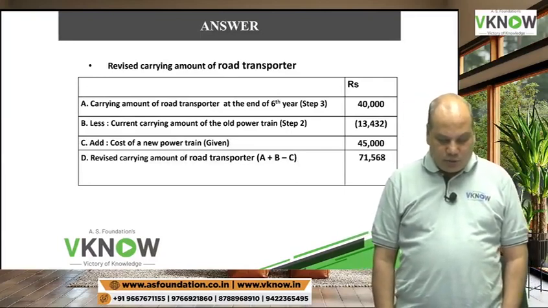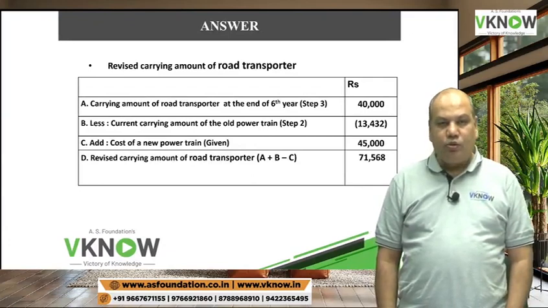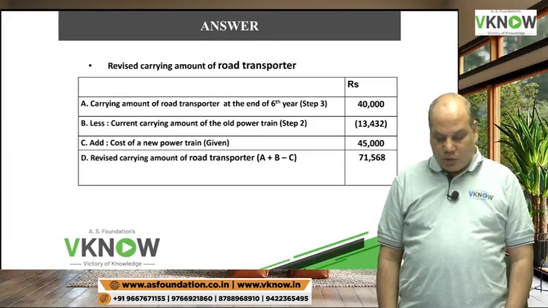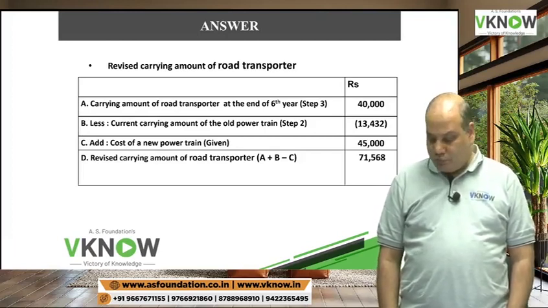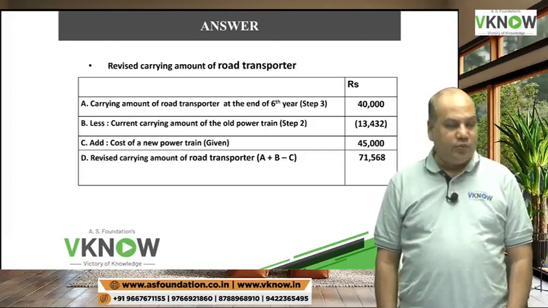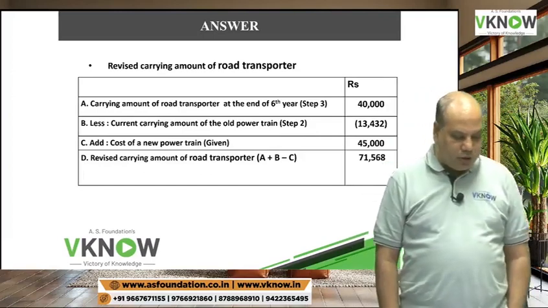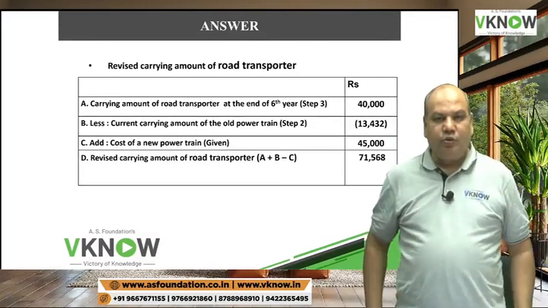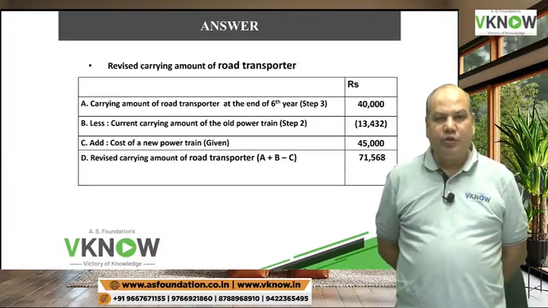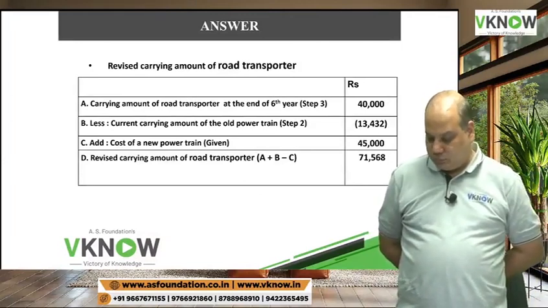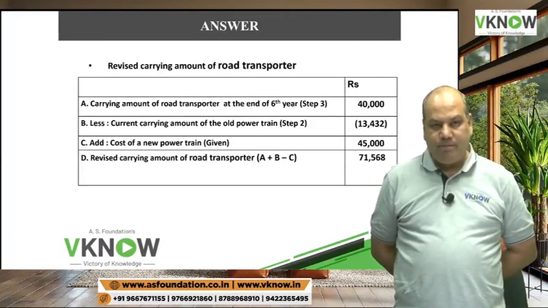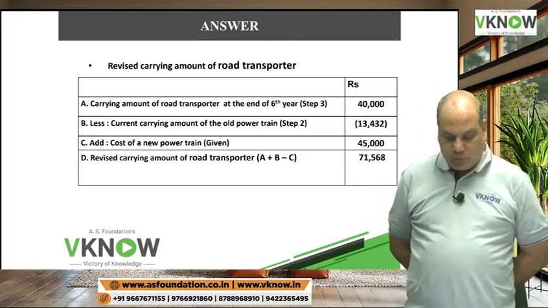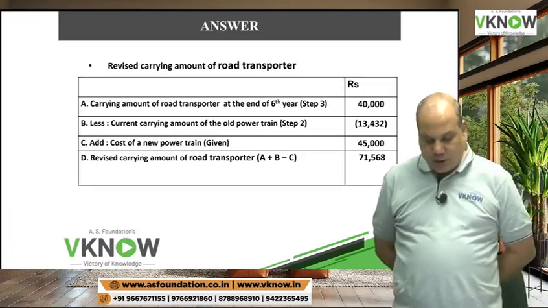Point A: carrying amount of the road transporter at the end of the 6th year, in bracket step 3, was 40,000. Do you remember 40,000? Point B, less: